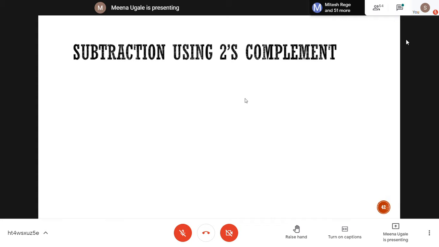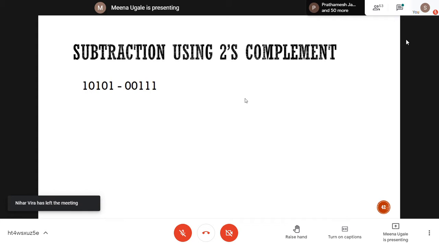Again, as I said, you are going to use this in the algorithm part. Booth's algorithm, restoring division algorithm, everywhere these methods you are going to use. Very easy one. How to go for this, we will see now. I want to go for subtracting these numbers. My first number is 10101 minus 00111. If it is the case of simple binary subtraction, just now we have seen 2 examples. But I don't want to follow that. I want to go for the 2's complement method.